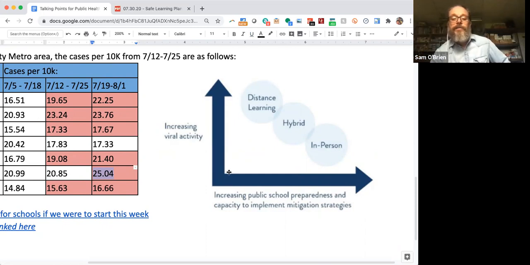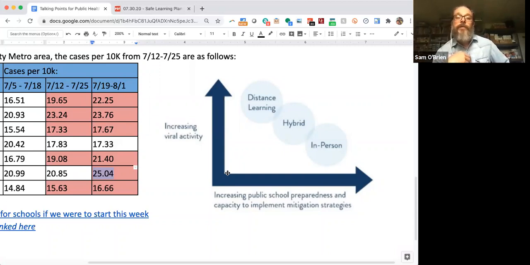And then again, as we start the school year, our ability, I would say, to implement mitigation strategies starts about here, because we've got to teach each other and ourselves how to wear masks, how to stay socially distant and physically distant from each other, how to operate within the school in a safe way, among all of the other things that we can do before students show up, such as increased airflow and filtration in our HVAC system.